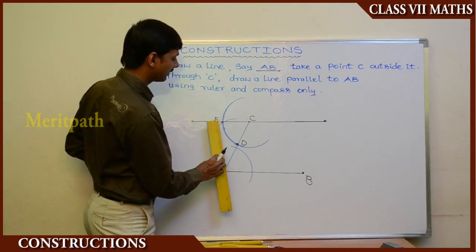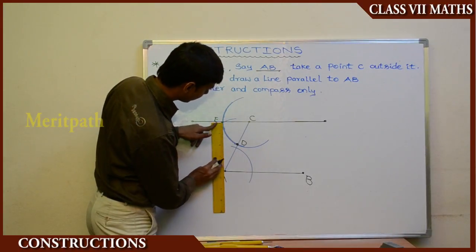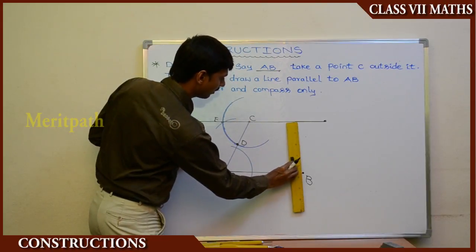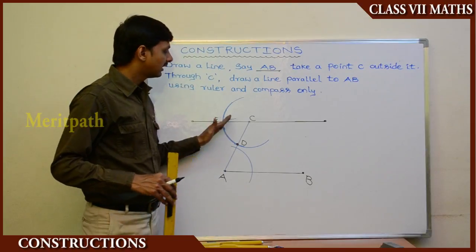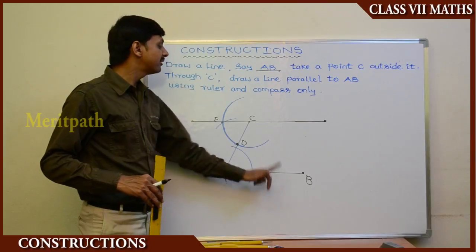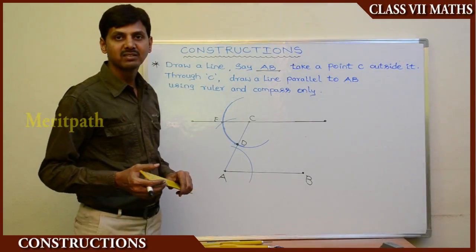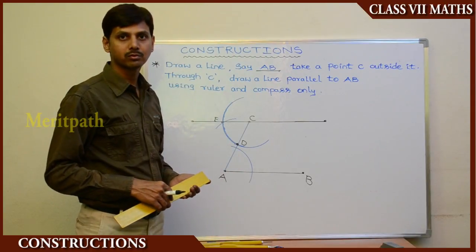We can measure the distance between these two. It is 15 centimeters here, here also 15, also 15. All are equal. So the distance between these two lines is always equal, so we can see AB is parallel to EC. So this is the process of drawing a line which is parallel to another given line. So let's go to